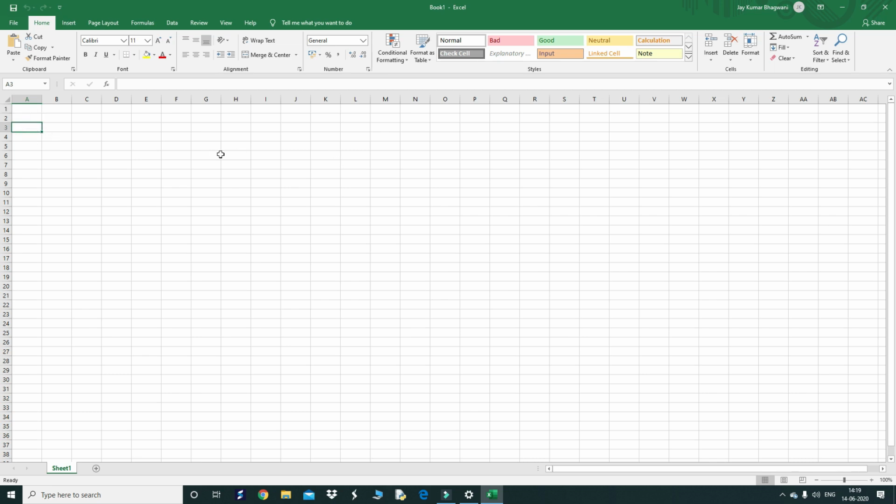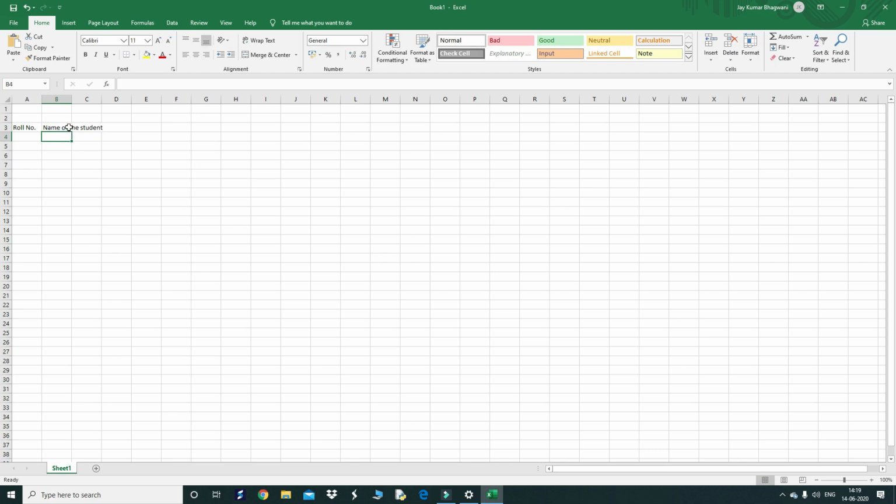First column, I am entering roll number. In the second column I am entering name of the student. Here you can see that name of the student requires more space.